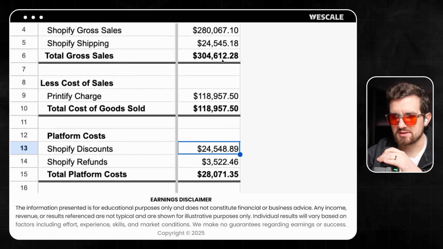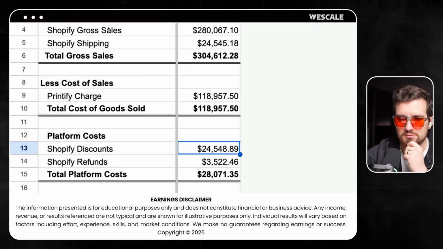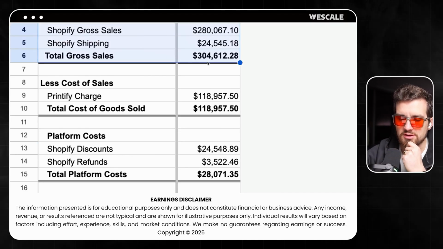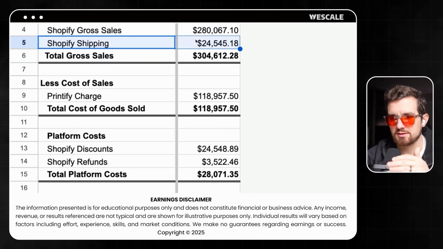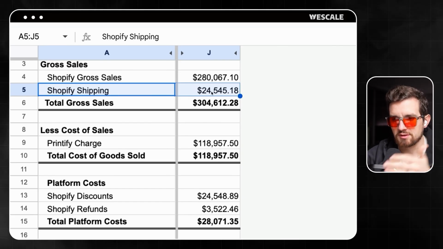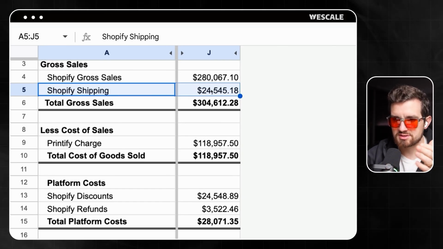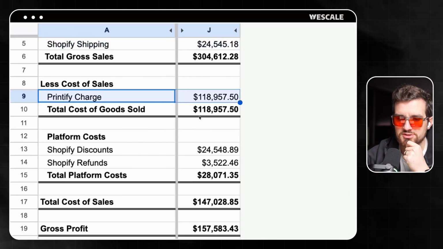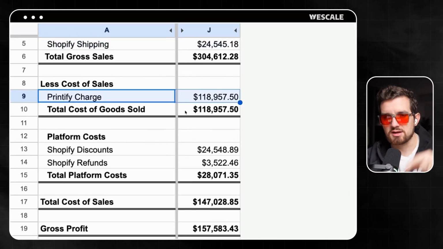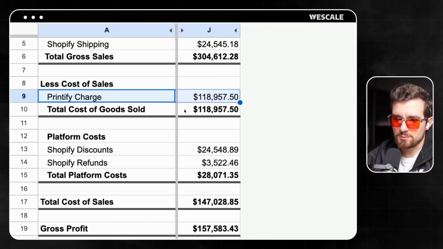But so starting off at the top, we have the total amount of Shopify revenue that was generated. So this is the gross sales and the shipping revenue that was paid to us by the customer. And we're going to fill in a P&L together in just a second. So we'll see how to grab each one of these numbers. Then we have our total cost of goods. And by the way, the template for this P&L is linked in the description down below in the lesson in